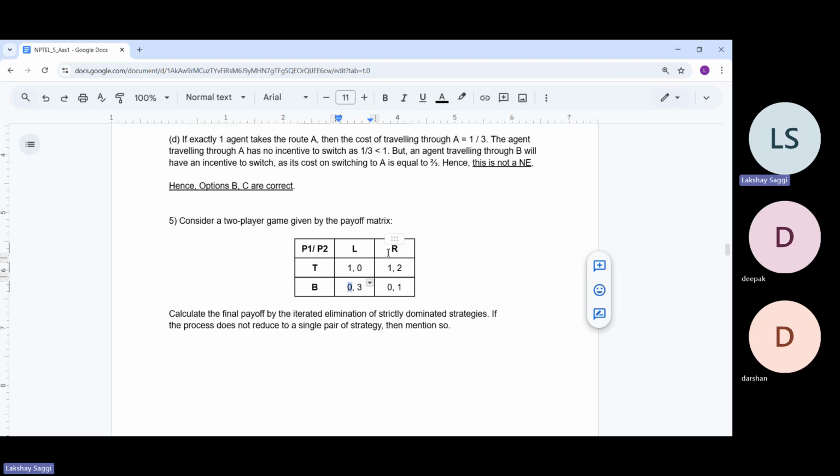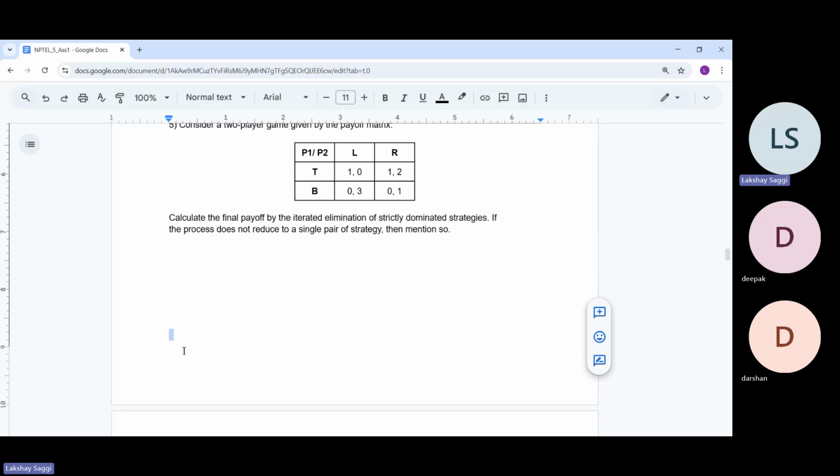Similarly, if the column player played R, then T gets a payoff of 1 and B gets a payoff of 0. So this means that again T is better than B. So irrespective of whatever the column player plays, L or R, T is a strictly better strategy than B. This one is greater than 0, this one is greater than 0. So that's why we can say that here T is a strictly dominating strategy over B. And this means that